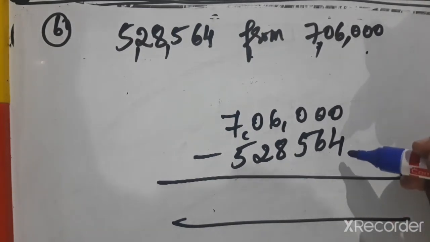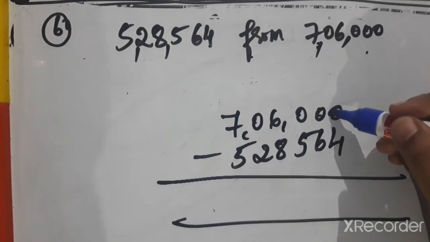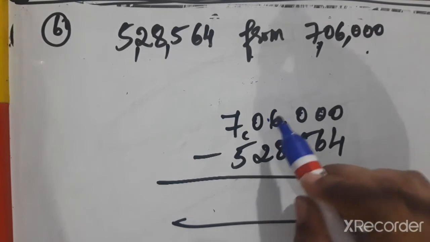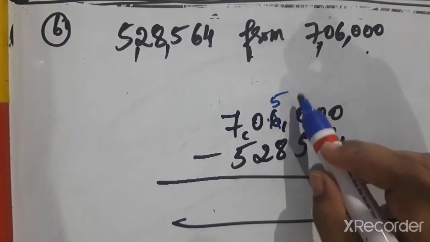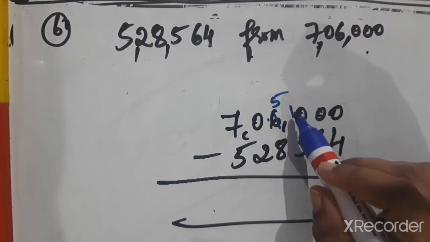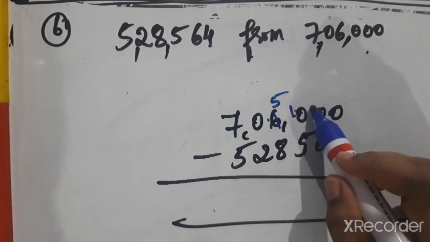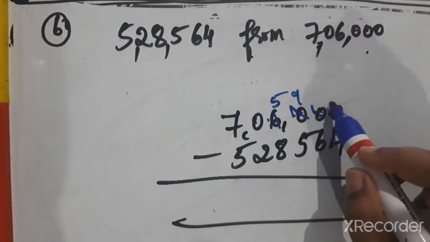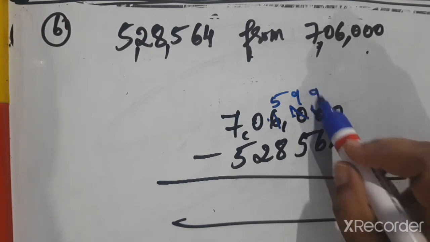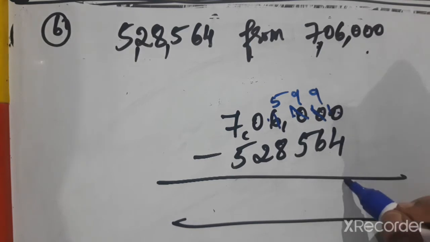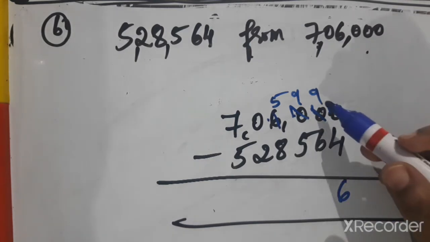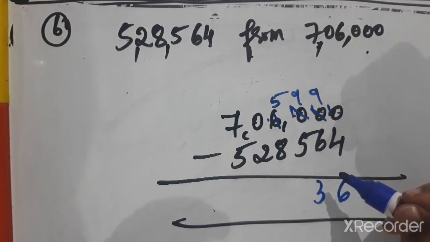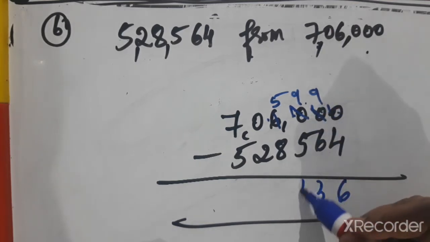Now 0 minus 4 we have to subtract, but we can't subtract it. Here also 0, here also 0. So 6 will help these. 6 will become 5 now and 1 is here. From 10, it will give 1 to here. So here 10 and this will become 9. Now 10 will give 1 to here and this 10 will become 9. 10 minus 4 is 6. Now 9 minus 6 is 3. Now here 9. 9 minus 5 is 4.